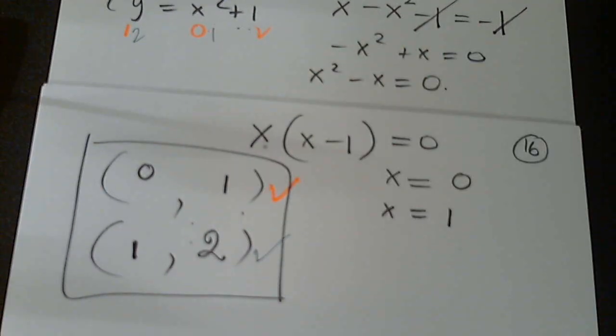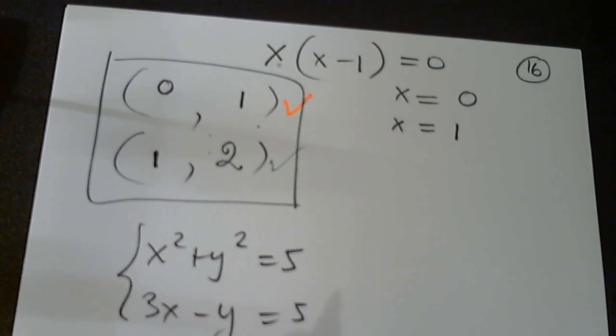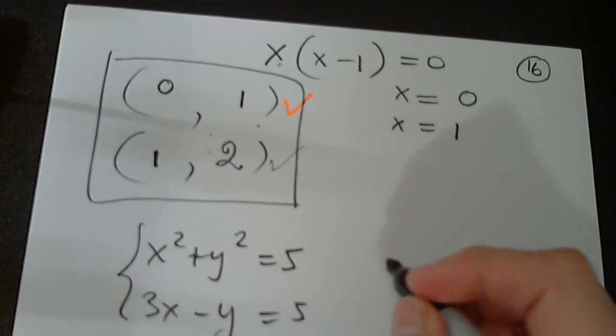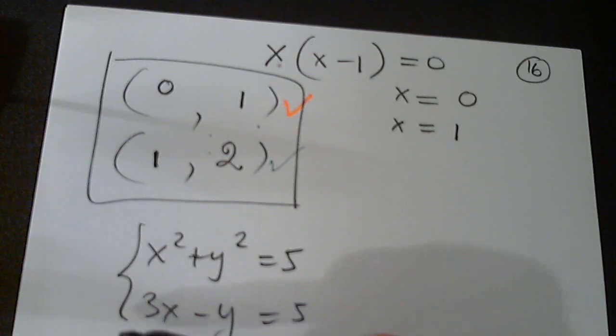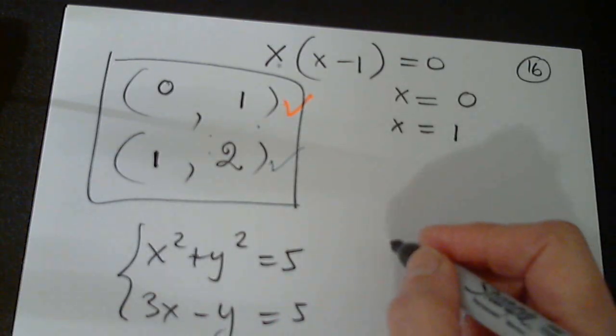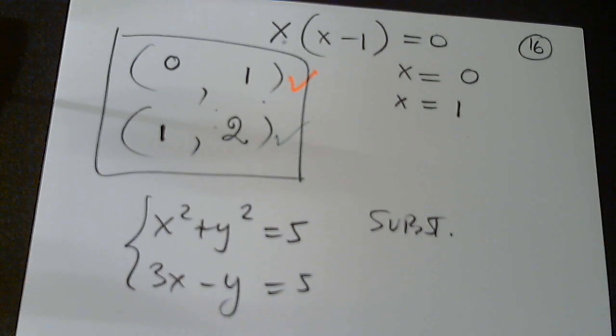Okay, let's work on another. Let's say x squared plus y squared equals 5, and 3x minus y equals 5. One thing is for sure. In this example, we cannot use elimination. They are not the same variables. Even if you try to multiply, elimination does not work here. Substitution is the only option. And now we have to think